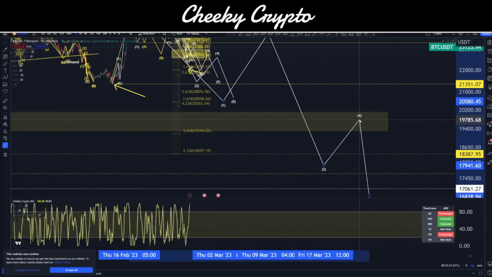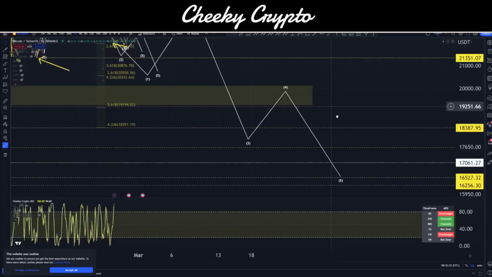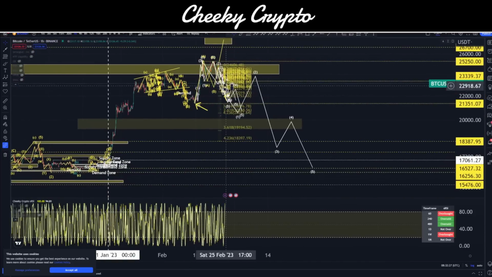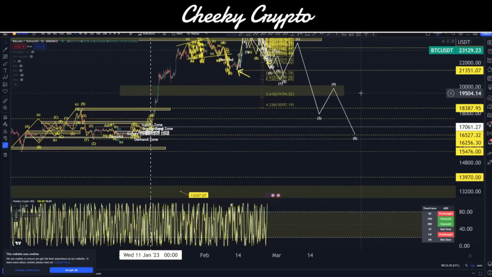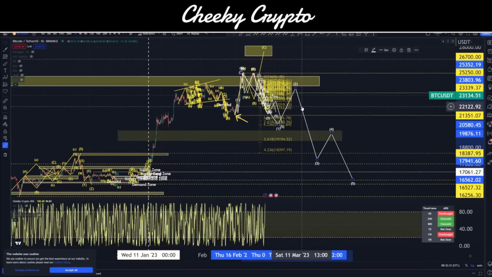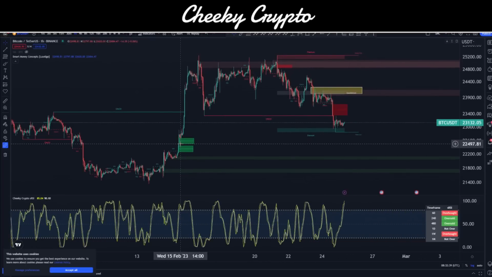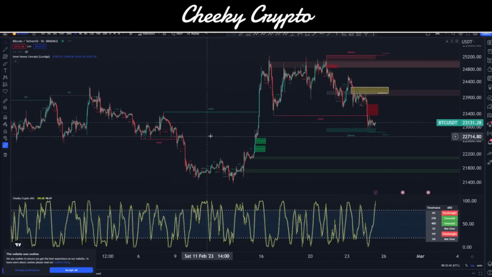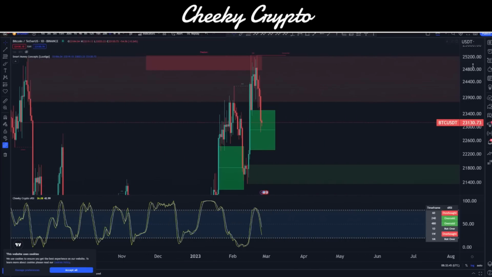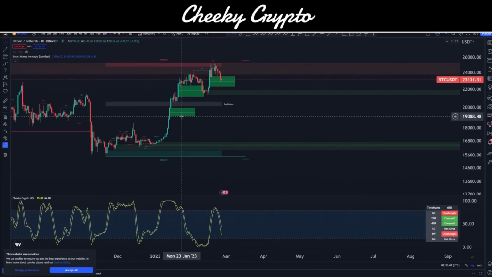And we can start to map out what these things might look like over time, and we might finally pull together a bit of a roadmap for how Bitcoin could come back down and test those areas that we have as fair value gaps, as imbalances. So if I come up here onto our smart money concepts, you can see where these imbalances sit. This is just on the hourly, but if I bring this up to our daily chart, you can see there are imbalances down at 19K, and that 5-wave structure mapping could be how we end up moving down towards those fair value gaps and how we could potentially fill them. So we want to be aware that markets don't just move up forever.